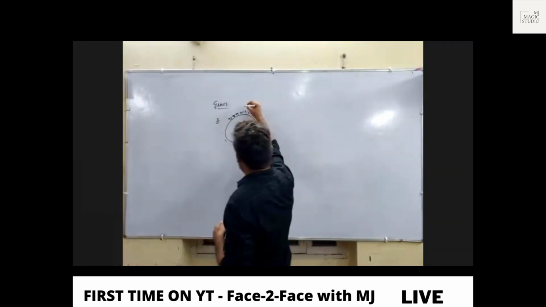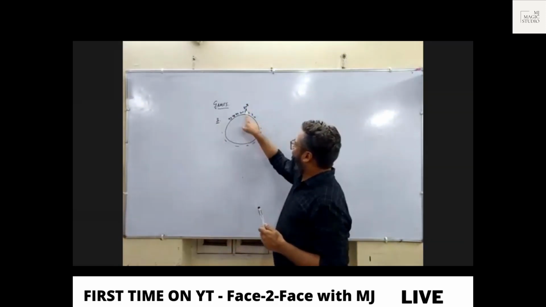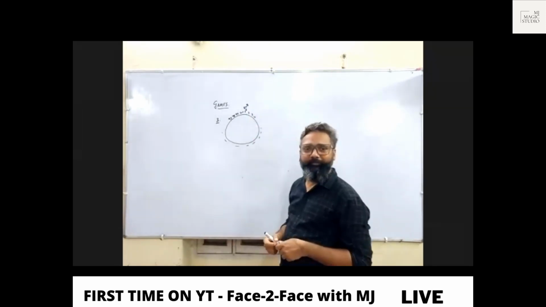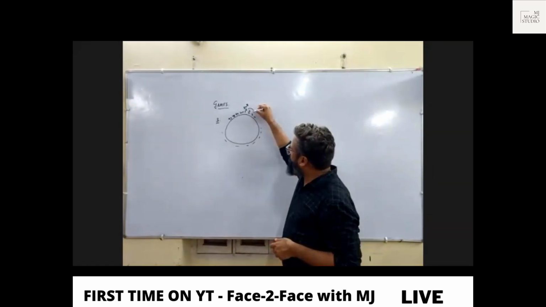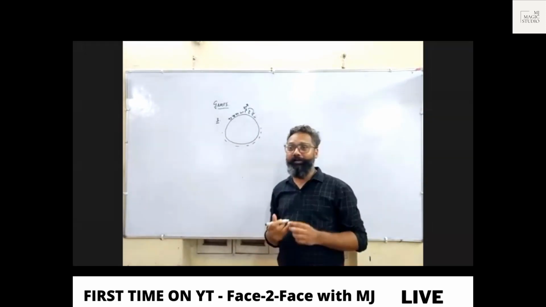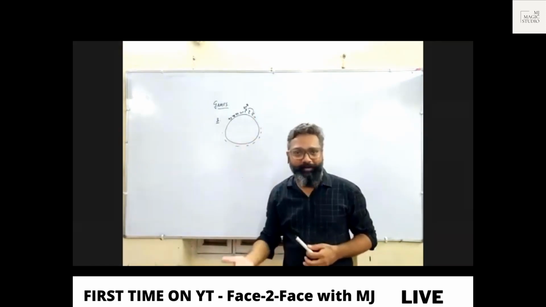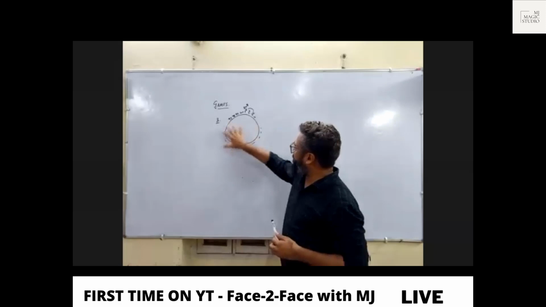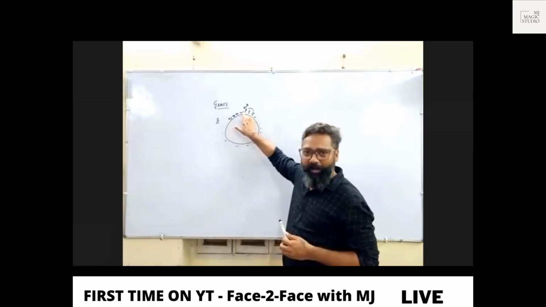Now, the thing is, 1 is holding a knife or a sword or something. With that knife, he kills number 2 and passes this knife to number 3. 1 kills number 2 and then passes it to 3. Now, who is holding the knife? 3. 3 kills 4 and passes it to 5. 5 kills 6 and passes it to 7. Similarly, 98 will kill 99 and pass it to 100.